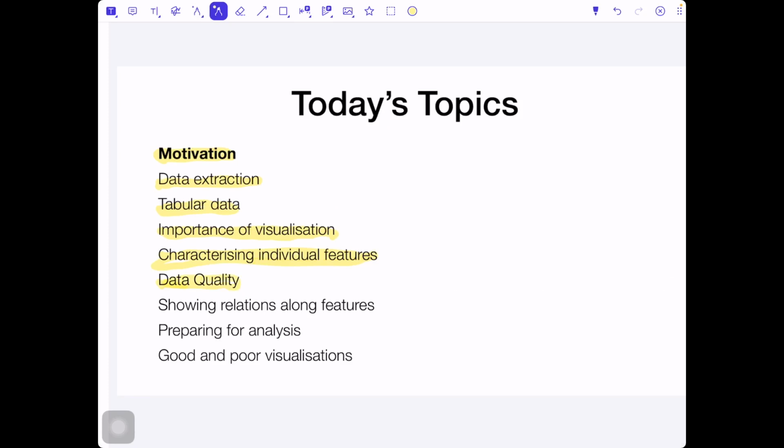Then the purpose of why we need statistics and why we need visualization is to see how good our data is, to see the quality of our data. After that, we will see that we are working with visualization, but our data could be in 1 dimension, 2 dimensions, or multiple dimensions. And here we have to decide.